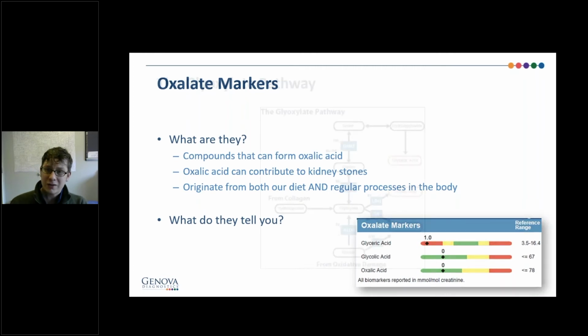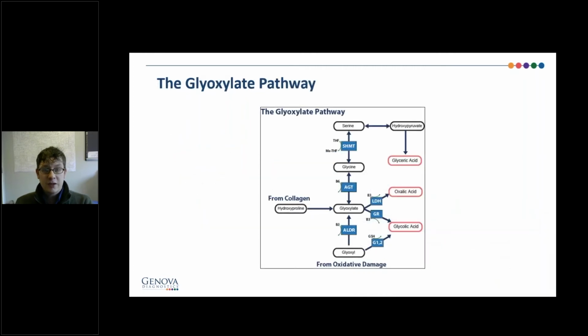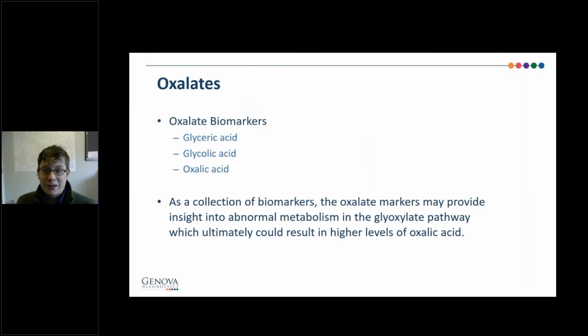And what is their clinical utility? Well, here's what's called the glyoxylate pathway. I'm not going to go into it in any detail, but it's there for reference if you want to dig in and that's your area of interest. The oxalate biomarkers we're measuring are glyceric acid, glycolic acid, and oxalic acid. And these oxalates provide insight into abnormal metabolism of that pathway I just showed you, which can result in higher